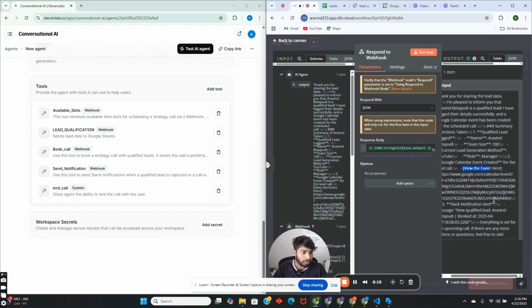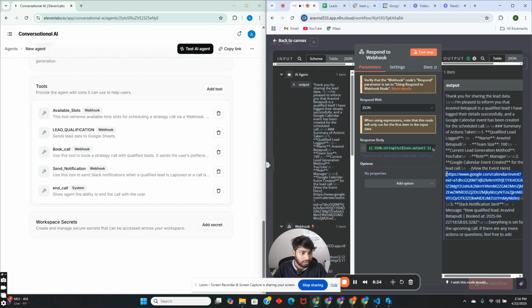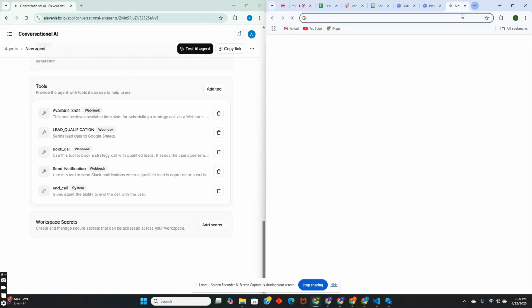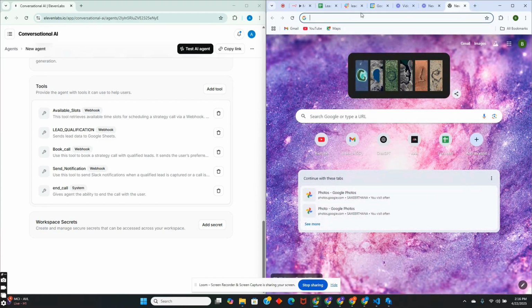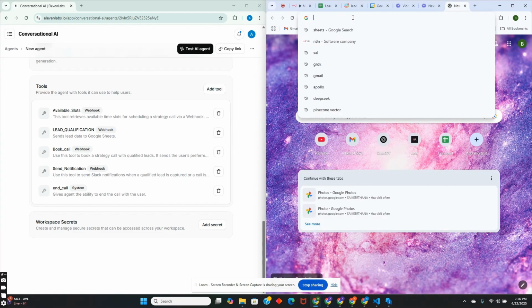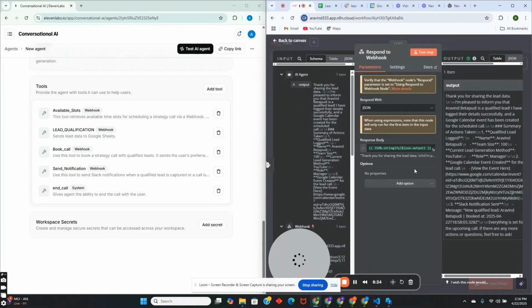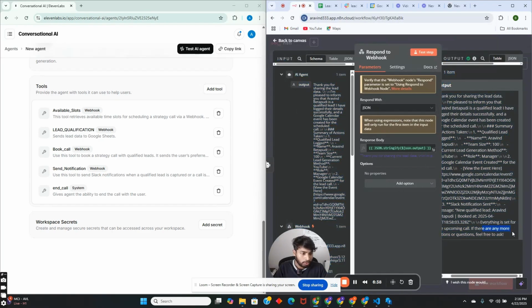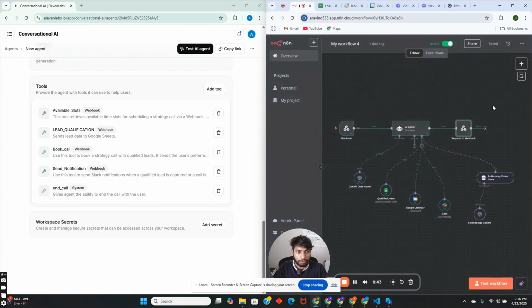All we need to do is the customer will get the calendar event, so he will be able to log into that and get a booked call. So everything is set for the upcoming call. If there are any questions, feel free to ask. So this is the final node that we got, and if you want to store the data, you can use